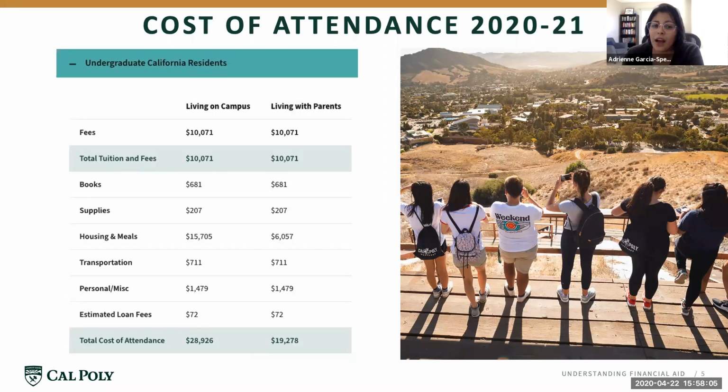Thanks, Mandy. I wanted to emphasize questions about the change of income again. So you do need to make your decision about Cal Poly based on the financial aid package you see. That is because we don't know exactly how your financial aid eligibility may change. So we encourage you to be prepared for what you see now and commit to Cal Poly with an understanding that that may be what you're working with.